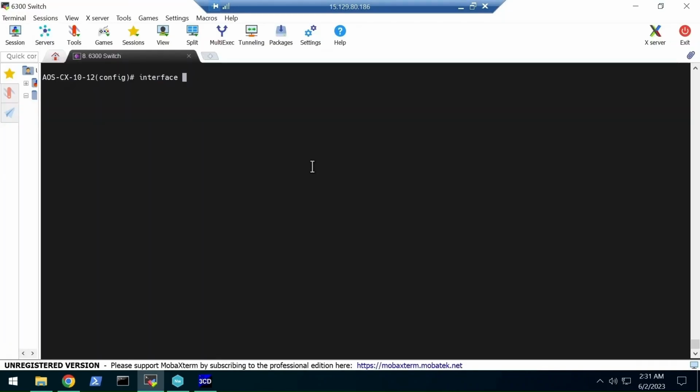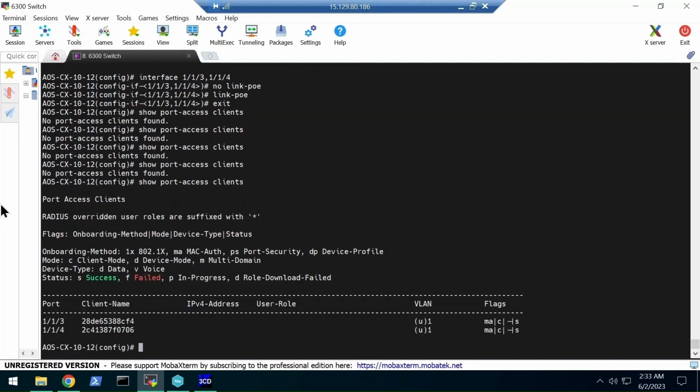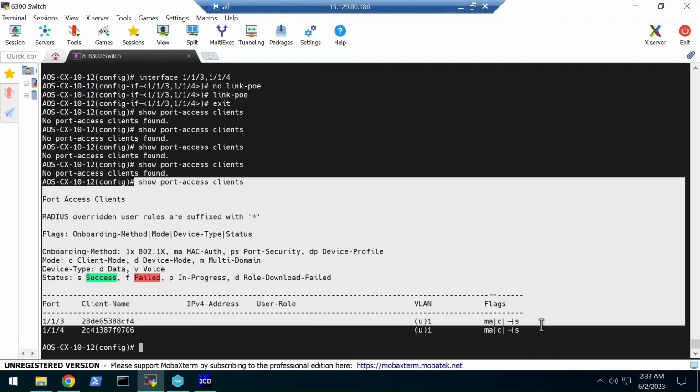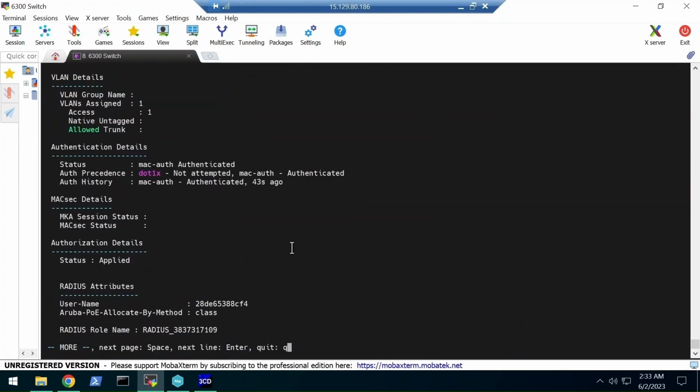We'll go back to the switch and then toggle the power of those interfaces, so the clients will get onboarded newly. So we'll do no link PoE and then link PoE to bring up the clients again. So let's see whether the clients have onboarded. Not yet, we'll wait for a few seconds. So now the clients have onboarded. So let's see the role assignment for these clients. So if you could see the detail here,